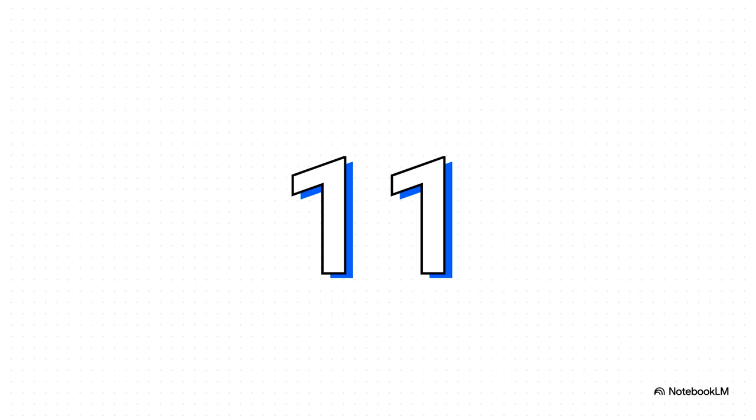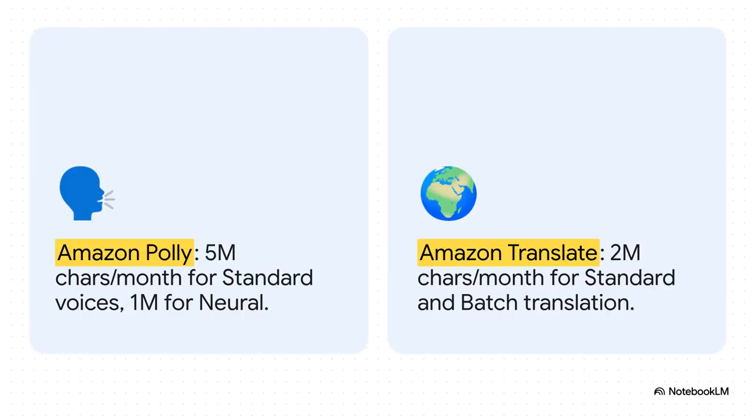You get 5 gigabytes of this world-class object storage in the free tier, which is absolutely perfect for your training datasets and model backups. You also get access to some pretty amazing high-level APIs. Take Amazon Polly, for example, for text-to-speech. They give you up to 5 million characters per month for standard voices and 1 million for neural voices during